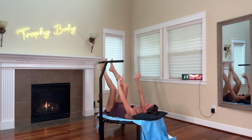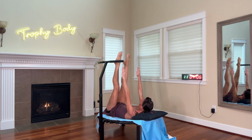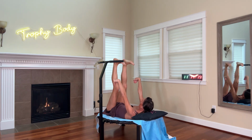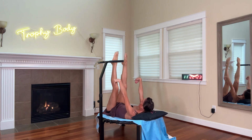3, 2, and 1. Let's lift the head. Let's reach the feet and toes up. Let's bring the palms down. So the palms come down as the feet point, and then when I bring our feet back, we bring the palms back and we stretch into the forearms. So I'm going to say point and flex, move the wrists with that. So let's point